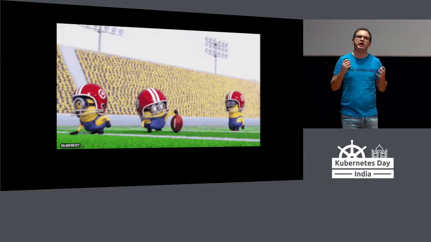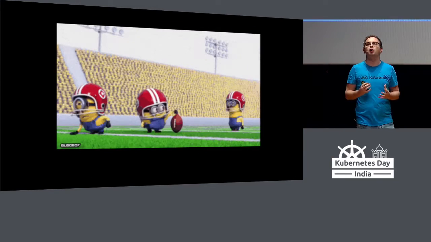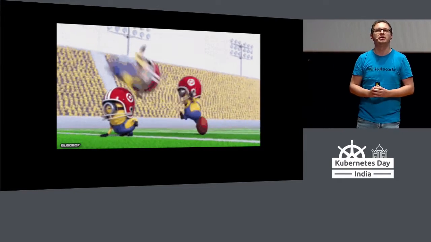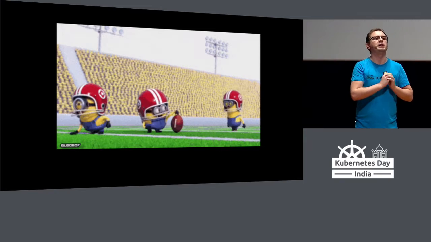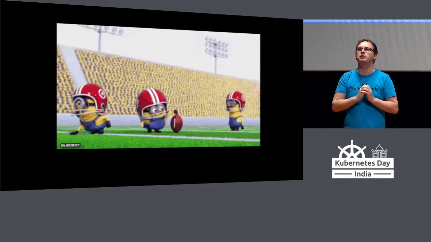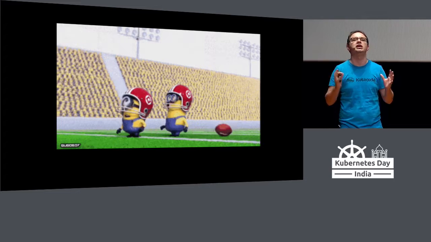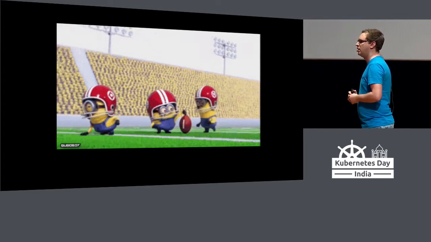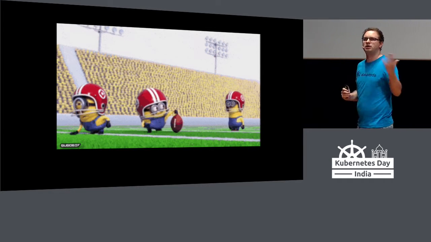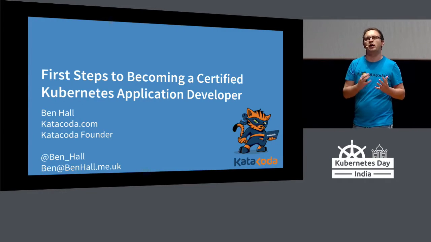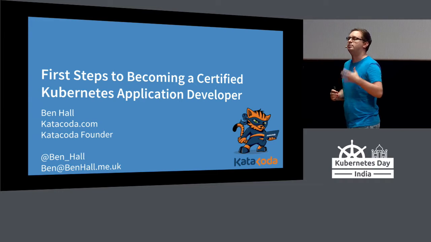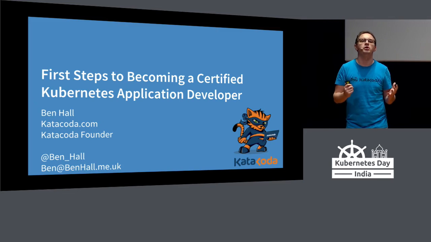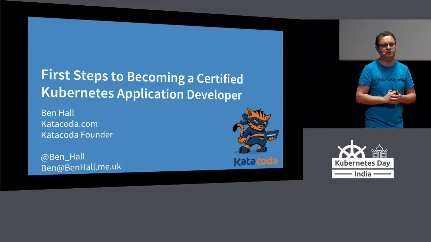And one of the things that we have found that helps is to have a goal, have a purpose about what you're driving towards, and have that as a focus. This ensures that you are remaining on target, and it also ensures that you don't miss key aspects and key parts of what you're trying to achieve, and miss the key goals. And with the announcement from Dan this morning about the discount on the exam, there's no better time to start setting your goal as becoming a certified Kubernetes application developer. And that's what I want to help you get started with and help you on your way today.